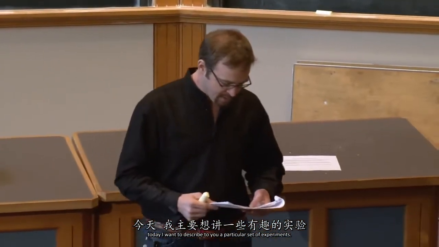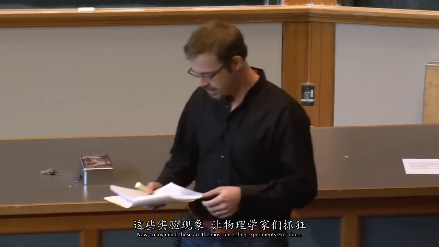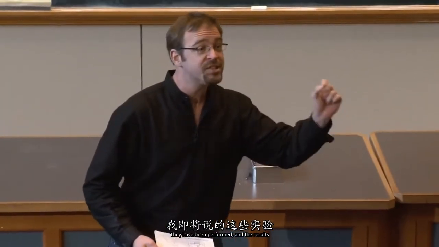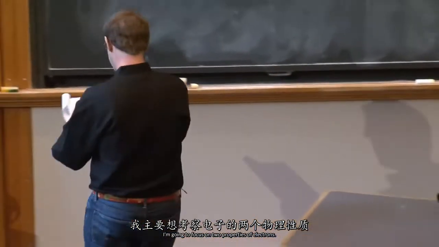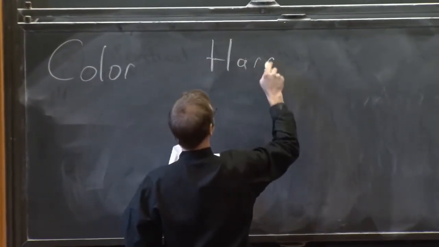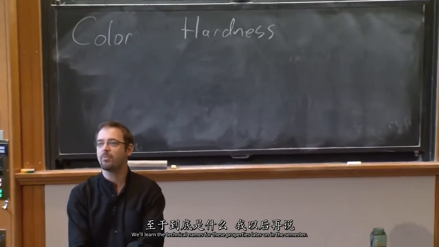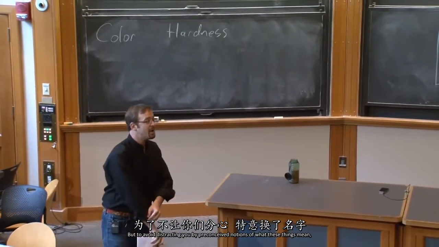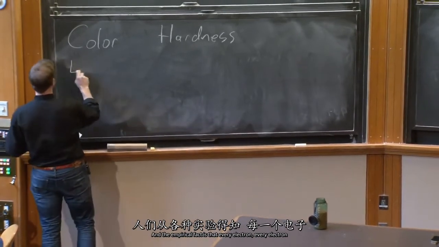So today, I want to describe to you a particular set of experiments. Now, to my mind, these are the most unsettling experiments ever done. These experiments involve electrons. They have been performed. And the results, as I will describe them, are true. I'm going to focus on two properties of electrons. I will call them color and hardness. Okay? And these are not the technical names. We'll learn the technical names for these properties later on in the semester. But to avoid distracting you by preconceived notions of what these things mean, I'm going to use ambiguous labels, color and hardness. And the empirical fact